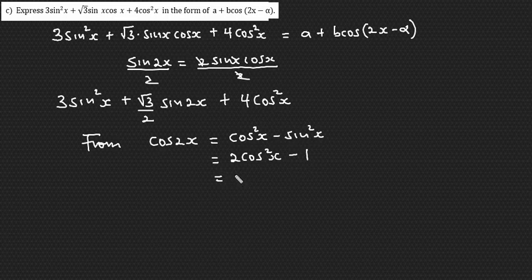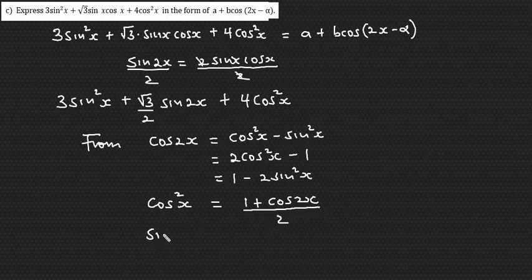It is the same as 1 minus 2 sine squared x. What does it mean? That we can make cos squared x the subject. So cos squared x can be written as, we take 1 the other side, 1 plus cos 2x divided by 2,